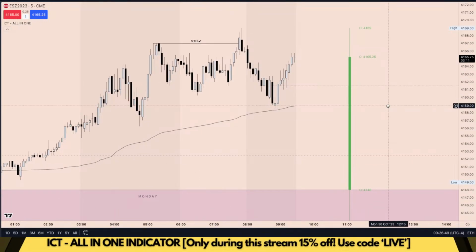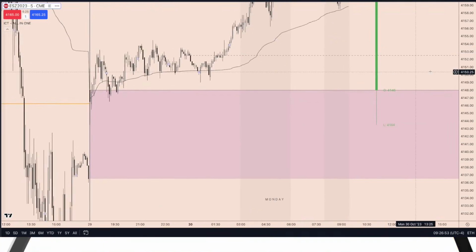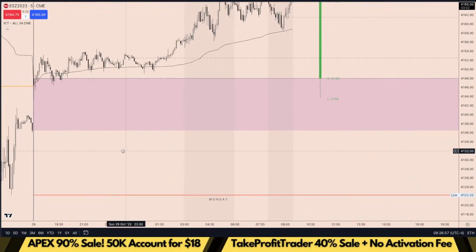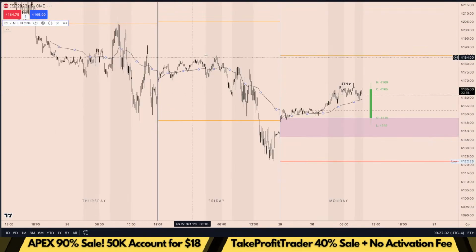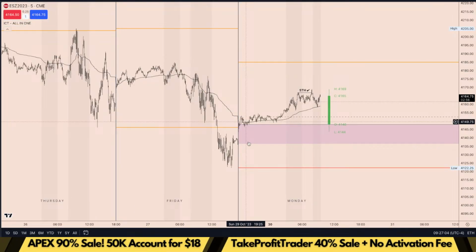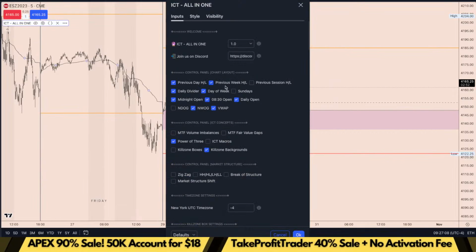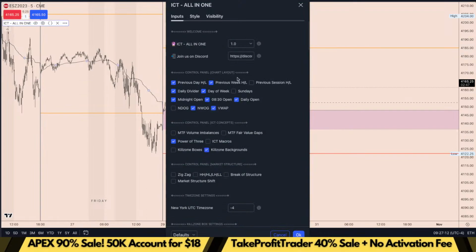We cleared the short-term high. We have the power of 3 indicator. We opened up this week with a pretty decent new week opening gap. If we take a look at that, and if I zoom out, then you can see the other things the indicator does as well. So we have our previous day's high, previous day's low, and also previous week's low. I have both of these settings turned on. If I turn on the previous session high low,